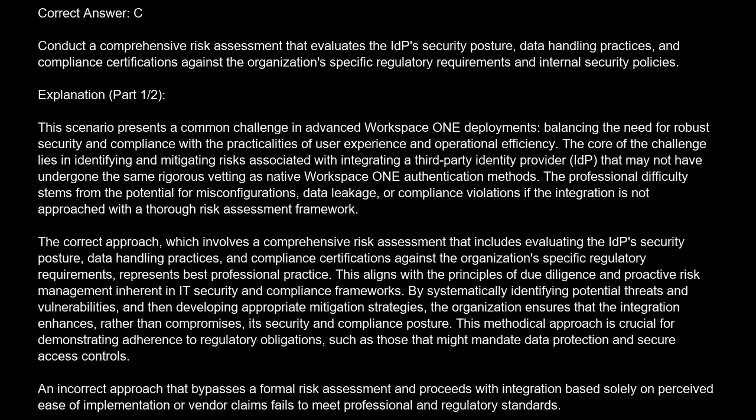By systematically identifying potential threats and vulnerabilities, and then developing appropriate mitigation strategies, the organization ensures that the integration enhances, rather than compromises, its security and compliance posture. This methodical approach is crucial for demonstrating adherence to regulatory obligations, such as those that might mandate data protection and